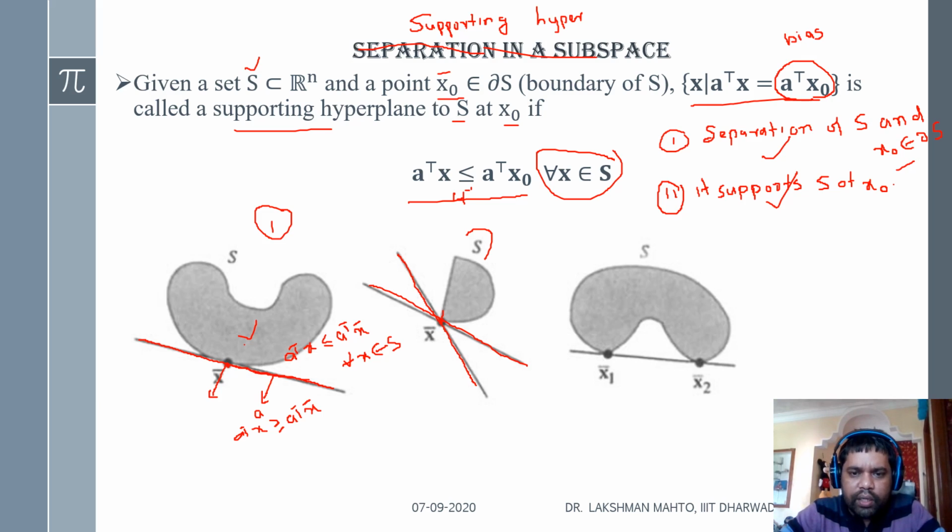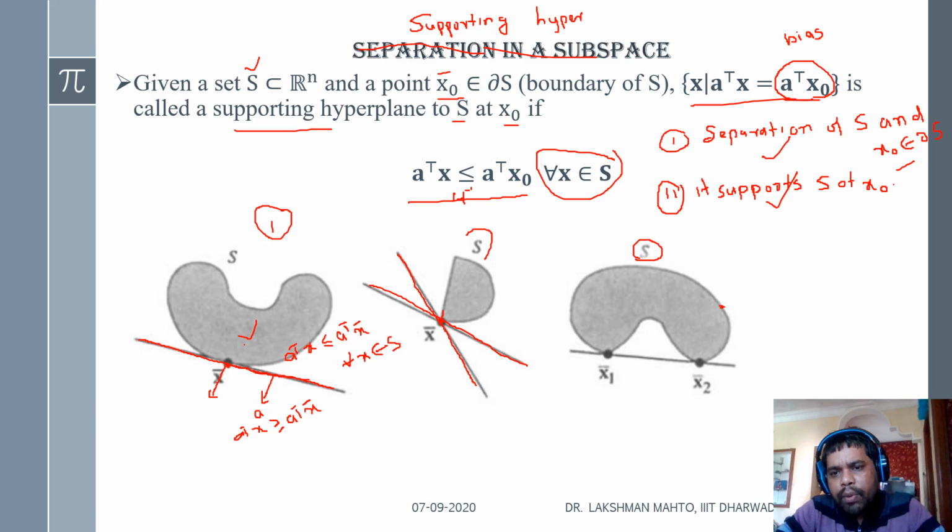There is a kink kind of structure if you observe. So there is more than one supporting hyperplane. These are a little bit bad boundary points. You can call them non-smooth boundary points. There are techniques to handle non-smooth boundary points, which we call the subgradient technique; we can apply it in order to handle this. So there are many supporting hyperplanes at this point.